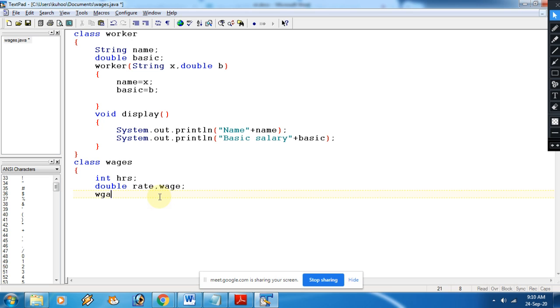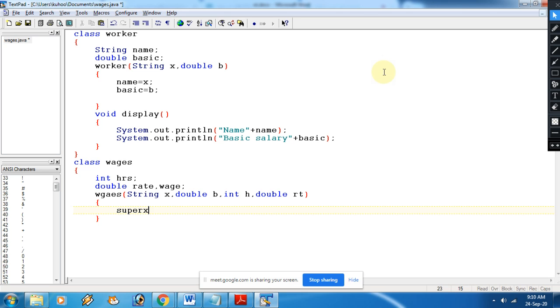Now, one constructor in which we are supposed to pass the data members, means the name, the double type basic b, then number of hours h, and then rate must be of double type like RT. So now first of all we would like to call the superclass constructor.